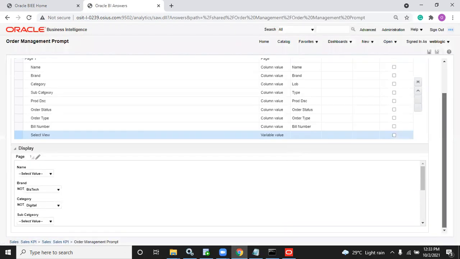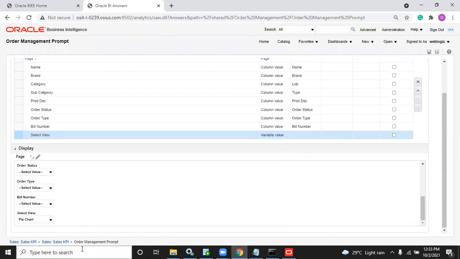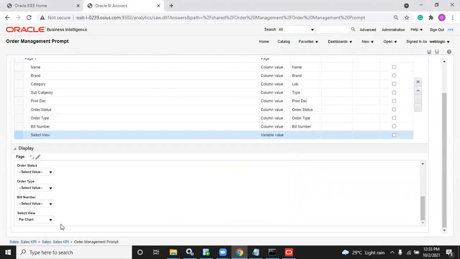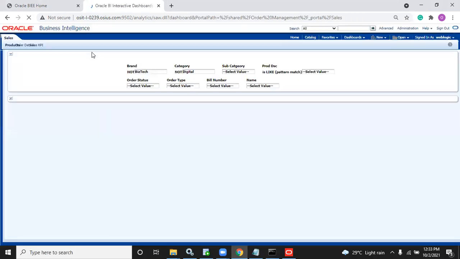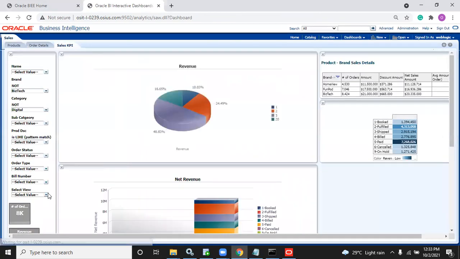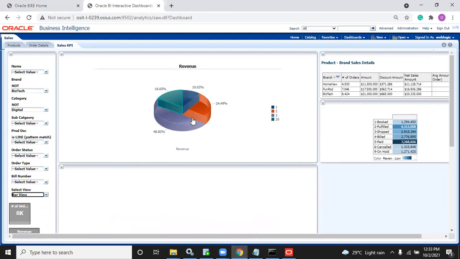So this variable is needed for us. Clear? Now, here I selected the value called pie chart. Now your variable, what is the variable name? PV view type. This variable will have the value pie chart. Is that clear? So whatever value is selected, it will be there. Now, our requirement is if you select bar graph, inside this view, if you select bar view, then only this has to display.